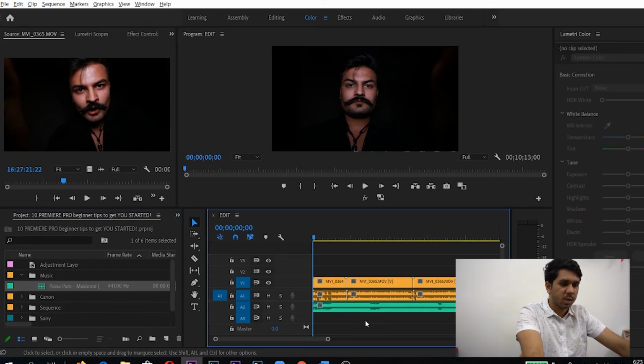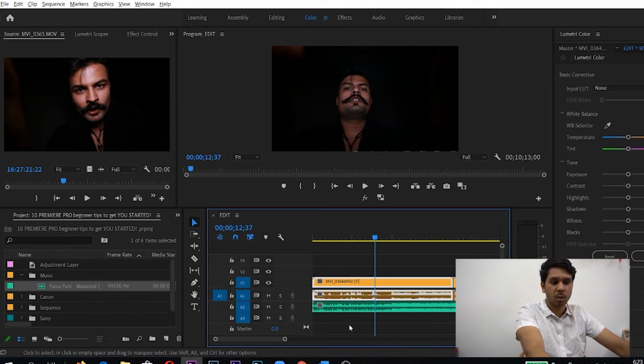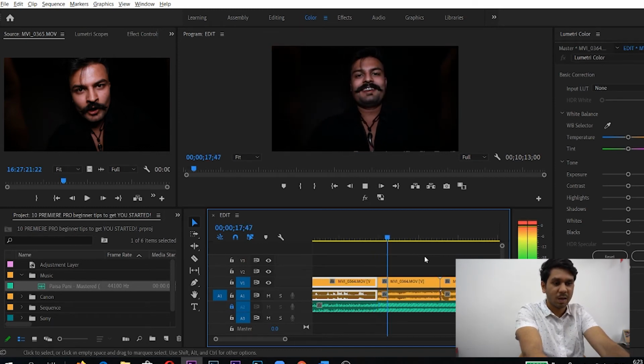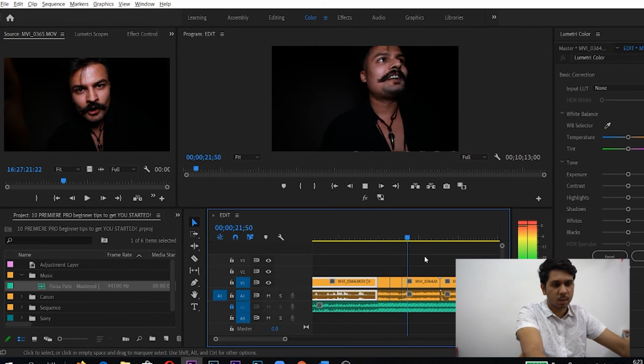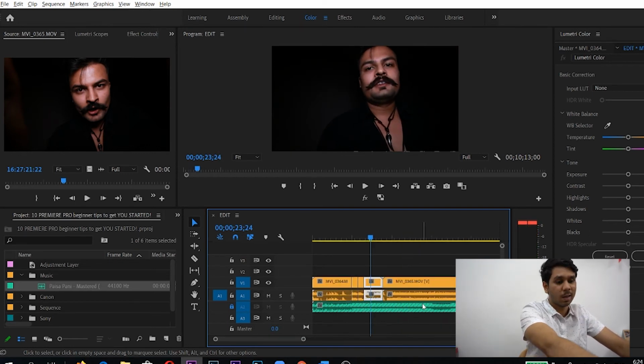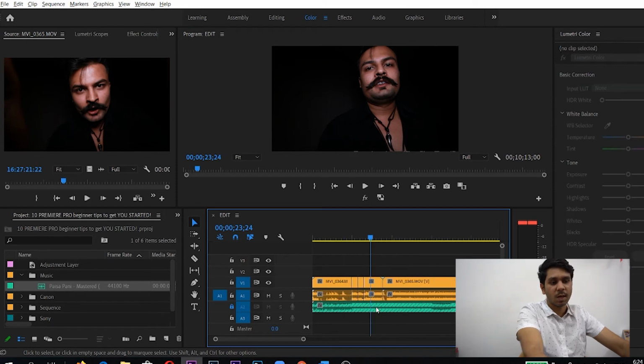So tip number 5 is lock layers. Let's say I want to make cuts just on the videos and not on the music track. So what I'm going to do is lock this layer, and now if I make cuts, it only affects the layers that are not locked. And as you can see, the layer that is locked has diagonal lines on it, indicating that it's been locked, and neither can you move the track left or right. It stays in place. So that's another great feature.